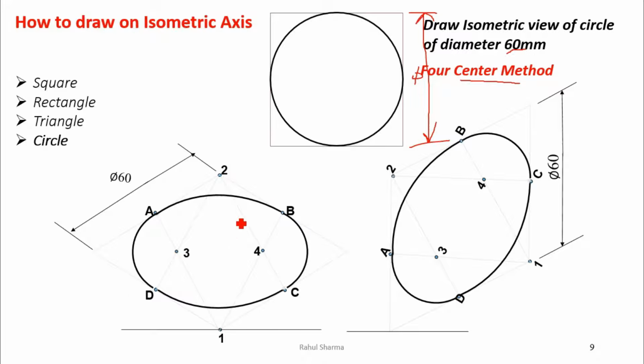In dimensioning of isometric, we use the same method. All rules are the same, the main difference is that the extension line, meaning this line and this line, will be parallel to any axis. Here you can see I have taken this extension line and this extension line parallel to the y axis. So this was the y axis. Here I have taken these extension lines parallel to the x axis. So whenever you give the dimension, you have to remember that the extension lines for all the dimensions should be parallel to any axis, either ox, oy or oz. Rest of the rules are the same.